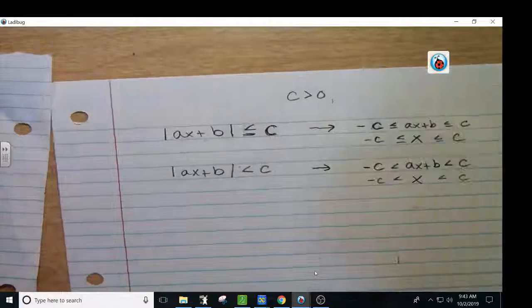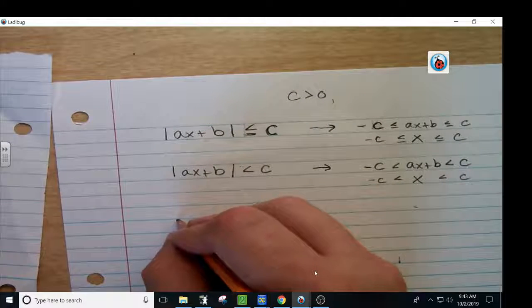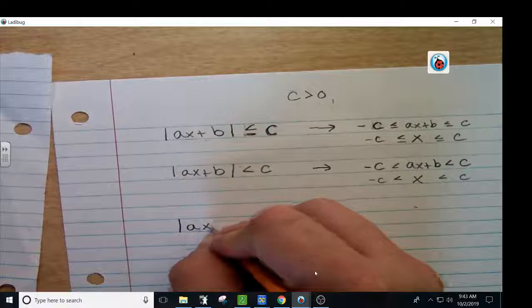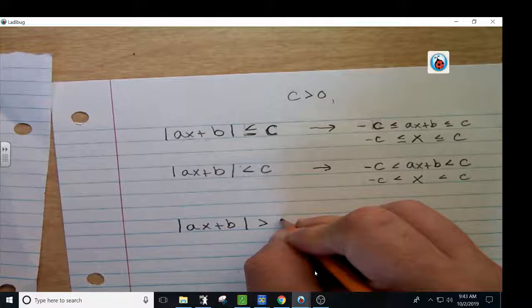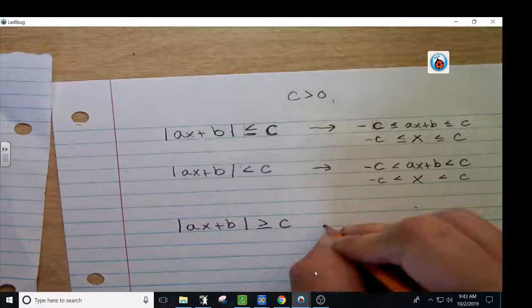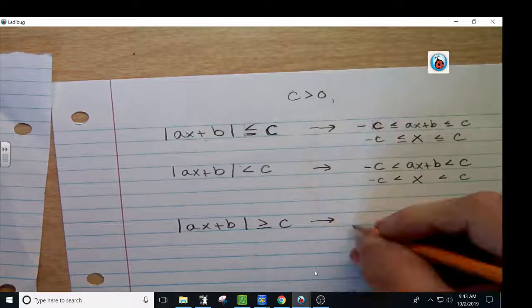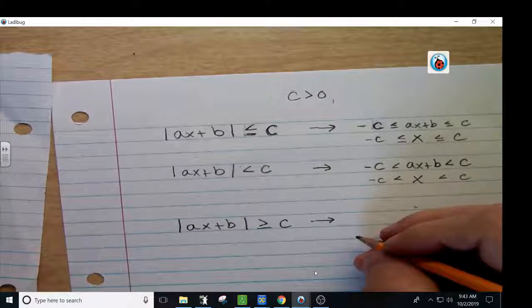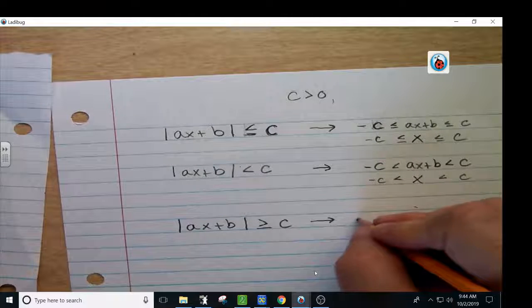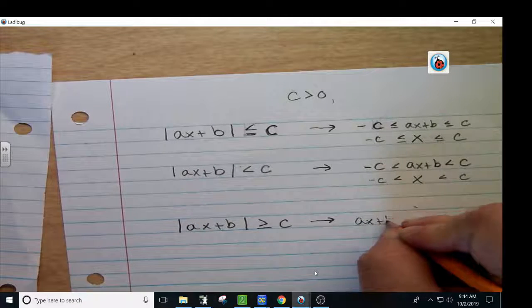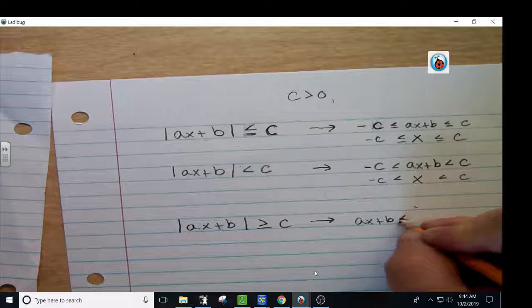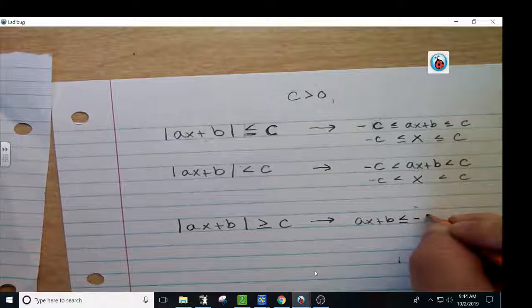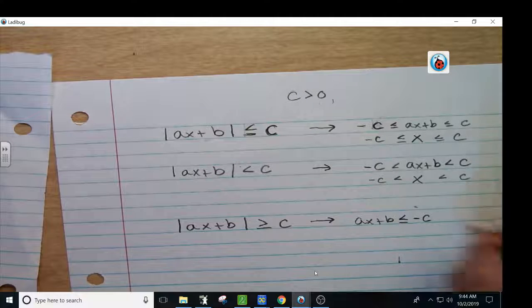Okay, now, what about greater than? You'll see why I'm writing these rules. The answer looks totally different when it is greater than. If it is greater than, it's an or statement. It's ax plus b, or